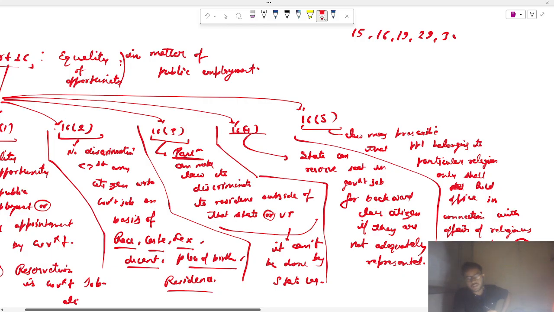So basically Article 16 clause 5 says that parliament by law can prescribe that people belonging to particular religions can only hold office